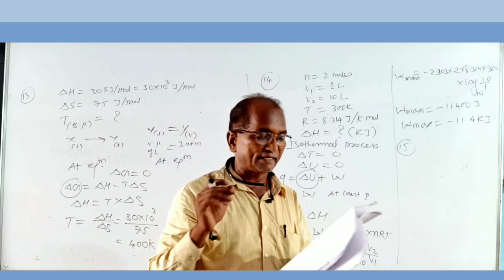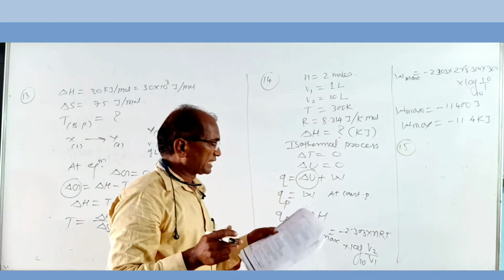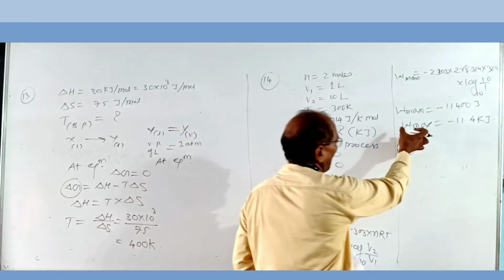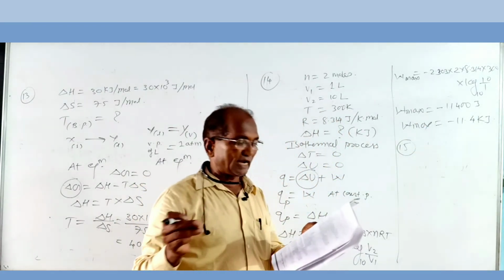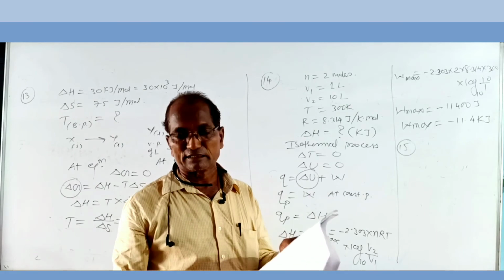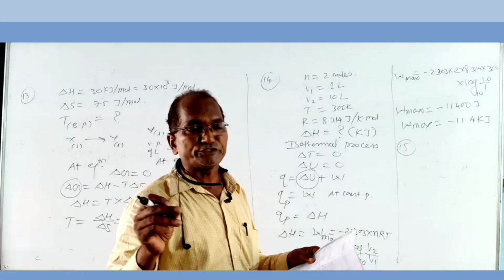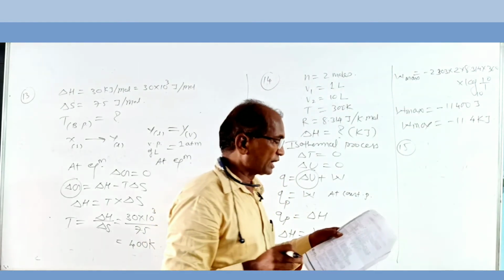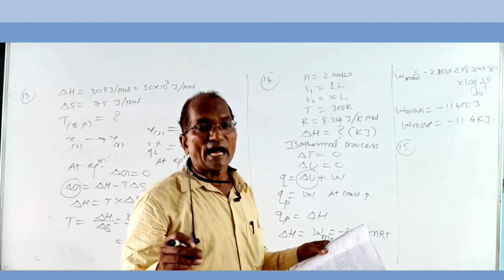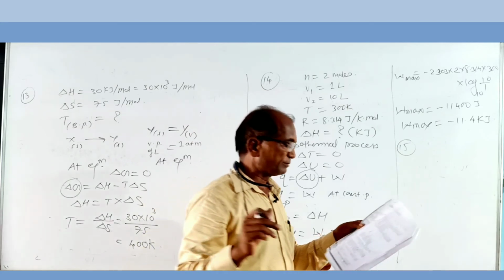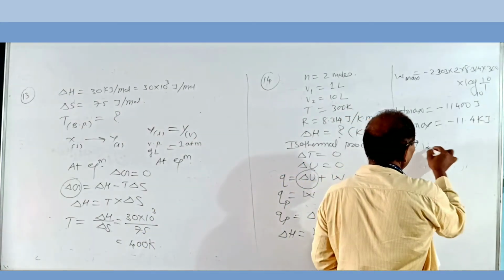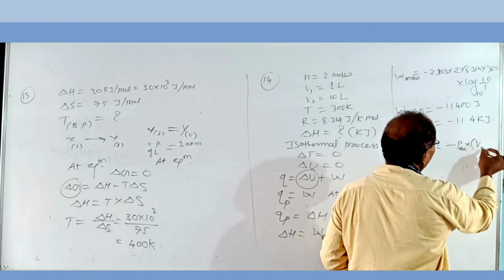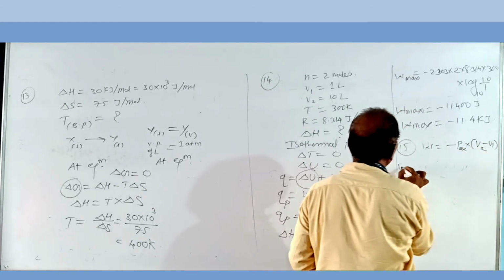The work done is? In question 14 the condition was isothermal reversible, so we calculated W max there. Now the condition here is against constant pressure. When there is against constant pressure, the work is PV type of work or mechanical work. That is work done in an isothermal and irreversible process. That is W is equal to minus P external into V2 minus V1.